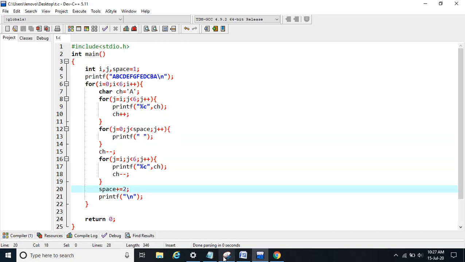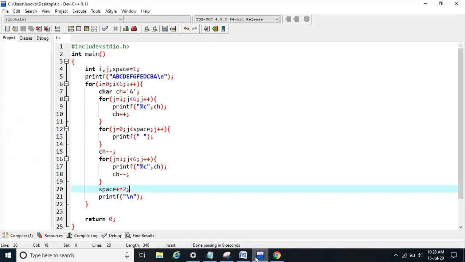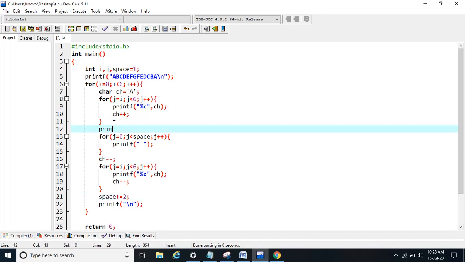Now what happened is that after printing these 6 characters, the value of ch would become f plus 1, that is g. Let me show you. Let's print the character ch with %c and ch.